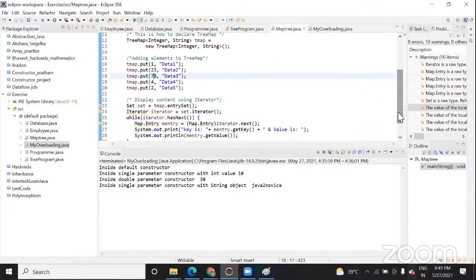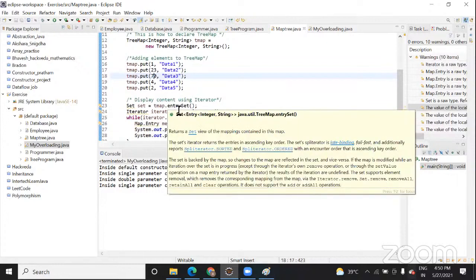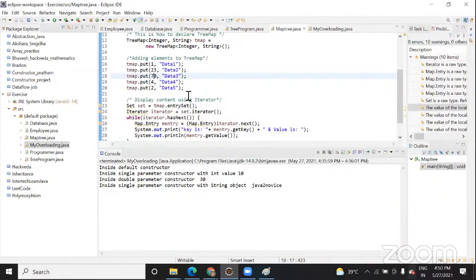So one thing now, what I am doing here: I have taken the set, and you know set, I have explained set in Java. Set means it will remove the duplicate elements. No, I think you didn't do set. I think I said that when we form a set, it won't allow duplicate elements. Okay, I will explain the set in the next class.